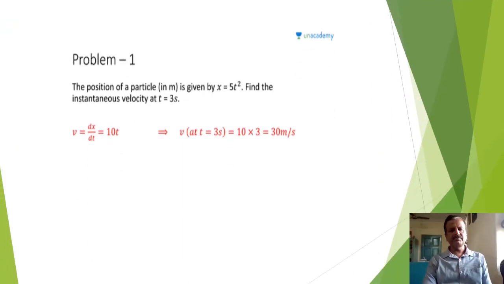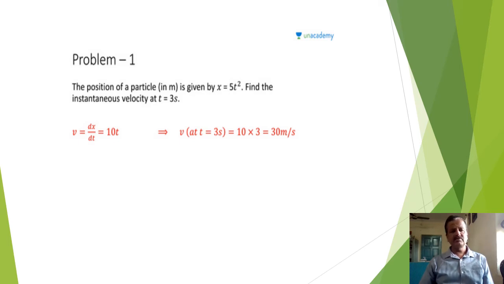That is calculation of instantaneous velocity. Now the position of a particle is given by x equal to 5t square. x is again a function of time t such that x(t) is equal to 5t square. You are asked to find the instantaneous velocity at time t equal to 3 seconds. Then by definition, v is equal to dx by dt. So how is that dx by dt carried out? For that there is one equation that I will tell you in the next slide.